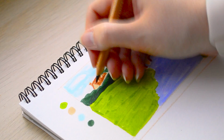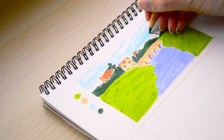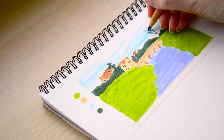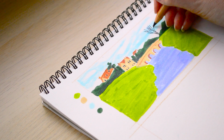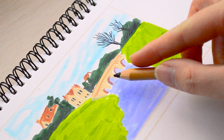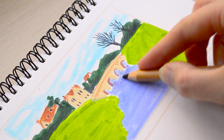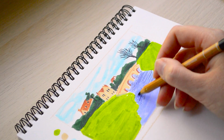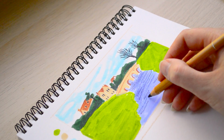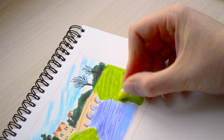I definitely have a set colour palette that I usually go for, and although I do amp up the saturation and really bump that up, I do use quite natural tones. So especially like this green, I think that's one of my favourite shades because it's a really nice yellow green, whereas you'll see the other greens that I use are really vibrant and almost too vivid, so they don't feel as natural, whereas I just feel a lot more comfortable with the more muted tones, even if I do use them with brighter tones, such as this lemon yellow that I'm using just as a little touch on top of the grass,